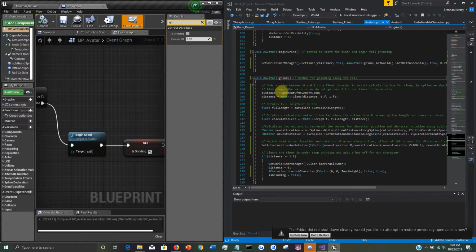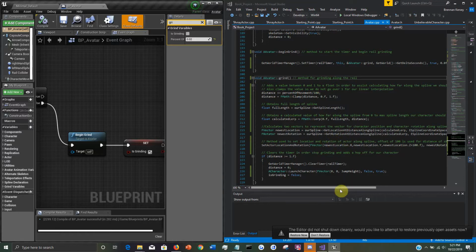Moving on. For these first two lines, what I'm basically using is a distance that is a set value between 0 and 1. The reason for this is that down here on the 212th line I'm going to use lerp to gain a calculated distance between 0 and the full float value of our spline length. I'll explain this portion in a minute. I find that distance between 0 and 1, and it will spit out a float distance. What I do down here next is, within two methods called get location at distance and